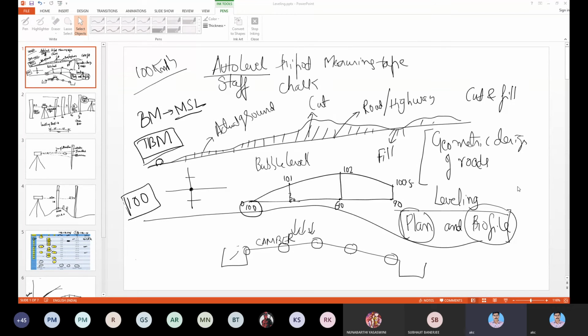So for October 1st, the 2nd week and the third week, no need to submit the assignments. Okay, but the midterm will be here. So from the 22nd, you submit the assignments, I mean these reports. Okay. So did you get all of this leveling? Any doubt in this leveling?